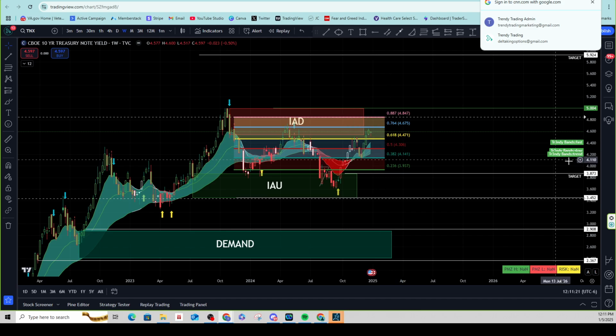I want to see prices in the 10-year treasury drop below 4.3, or just at least settle. All right, meaning, no volatility here, just let it do its thing. Okay, next chart that we're going to be looking at is the SKEW.